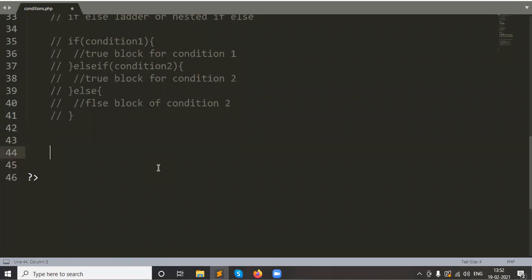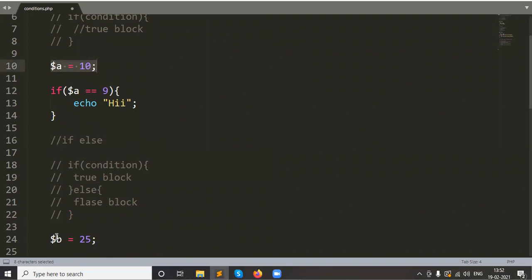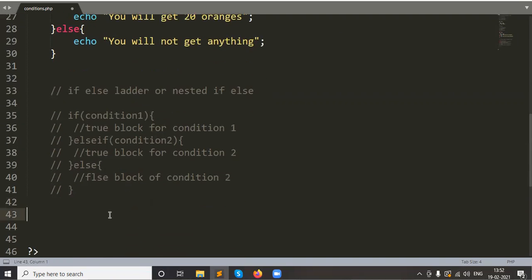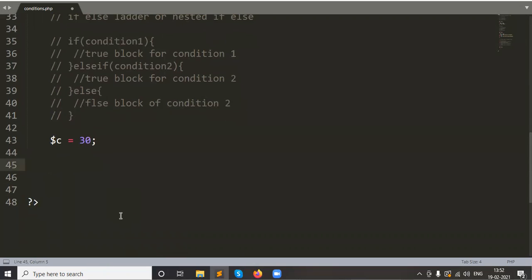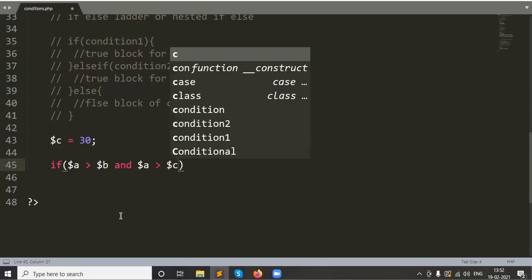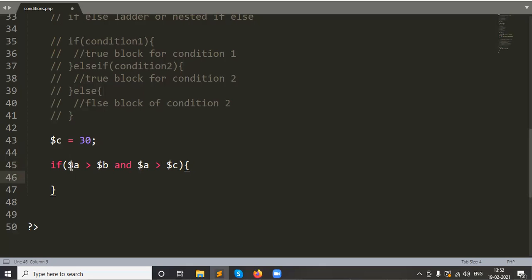We have three numbers. We have already created numbers A and B. Now let me create another number. I need to check which is the greatest number. If $A is greater than $B, and we can combine two or more conditions using and or. If this is the case, if $A is greater than $B and $A is greater than $C, echo